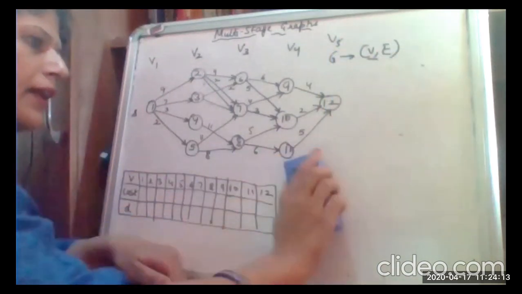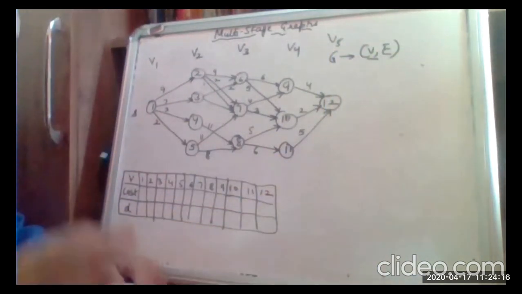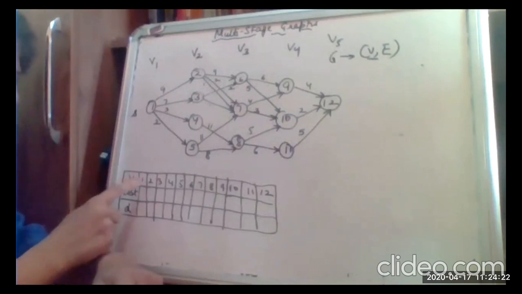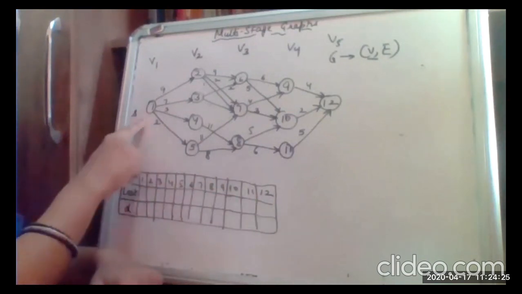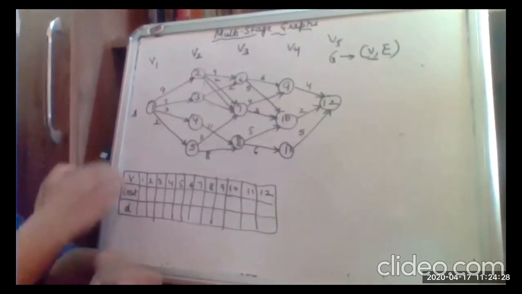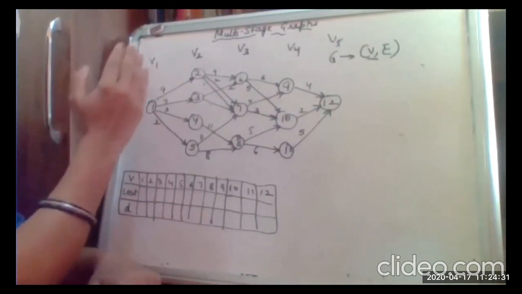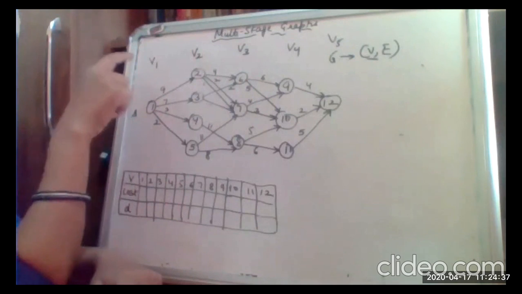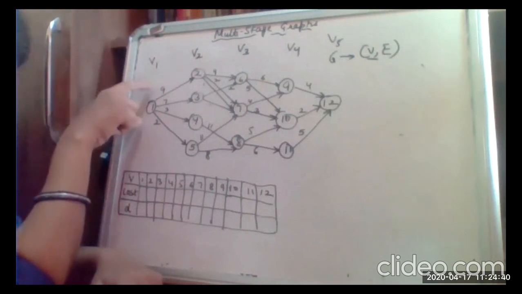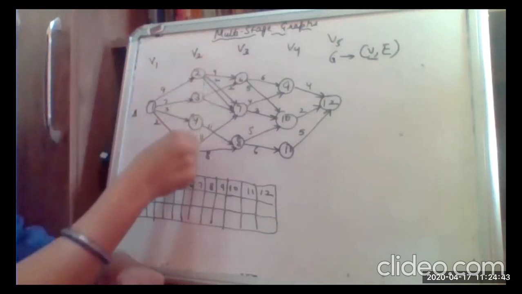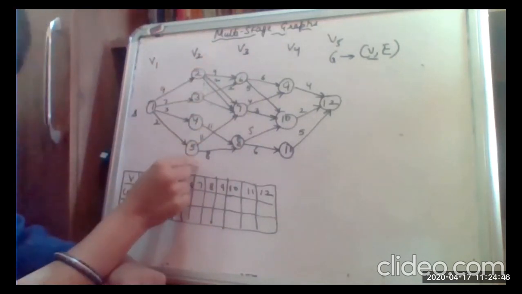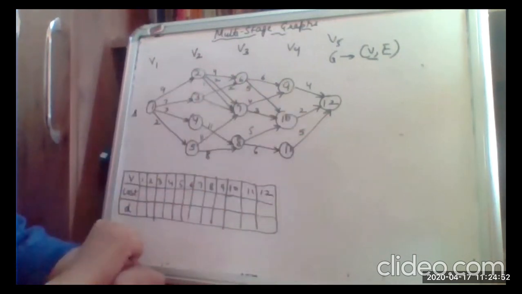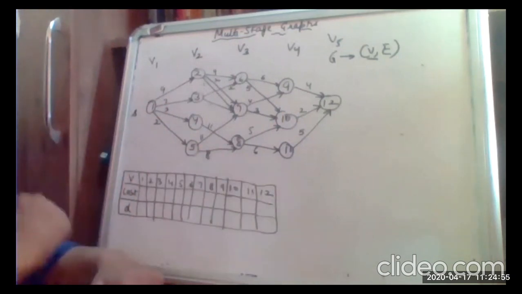As you can see, I have already included a table here. The first row of the table says V, and I have included all the vertices 1 to 12. And usually the vertices are numbered according to the stage. That means all the vertices in stage 1 will have smaller vertex numbers than stage 2. All the stage 2 vertices will have greater vertex numbers than stage 1 and lesser than stage 3, and so on. Yes, so for all these vertices we have marked here.